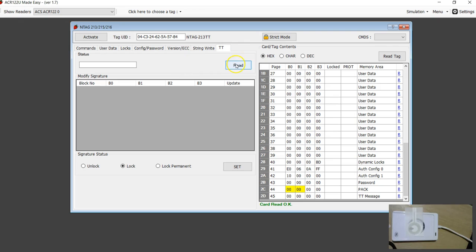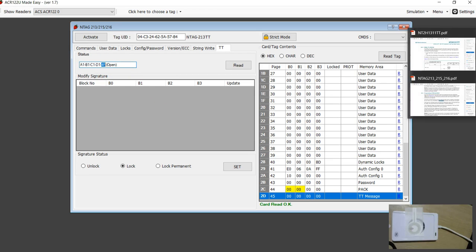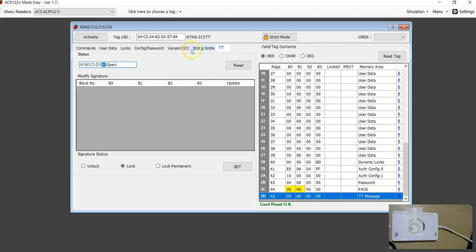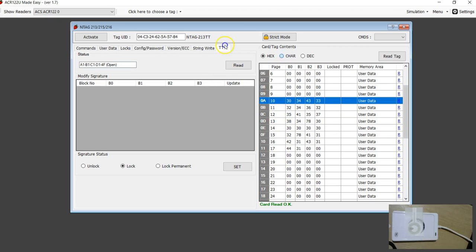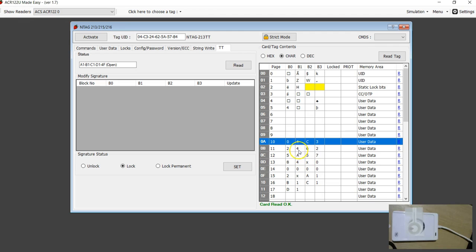If you go to the TT here, look at that. Now because the wire is open, what you see here is 5 bytes, where the first 4 bytes are the message, which you can't see, followed by the 4F, which the documentation says means it's open. And if you go to the character mode for the mirror place, you can see